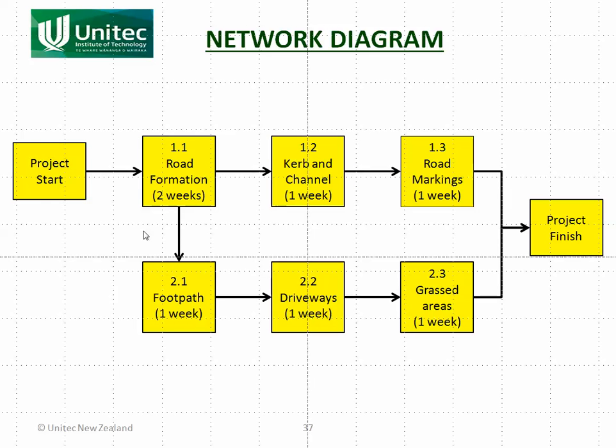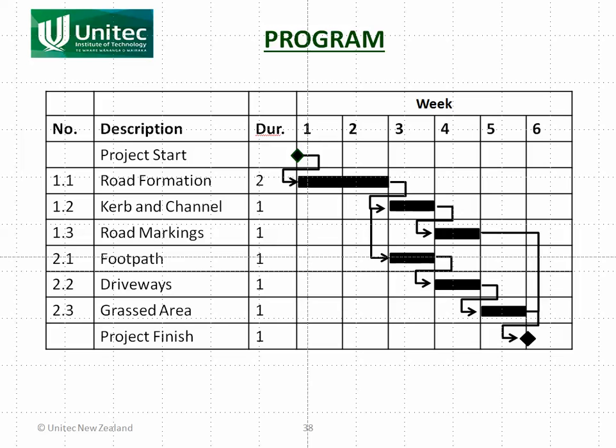We started with the network diagram which we looked at in the previous slide. You can see that we've got all of the items, the item numbers there, and we've shown the dependency of each one of those. We take that information and we put it into a different format. This shows exactly the same as the previous diagram, but it's put into a table. We've listed the item numbers, the items, the duration, and now we've shown them